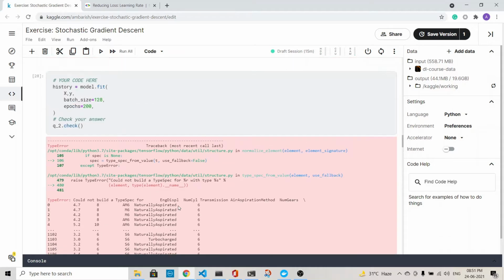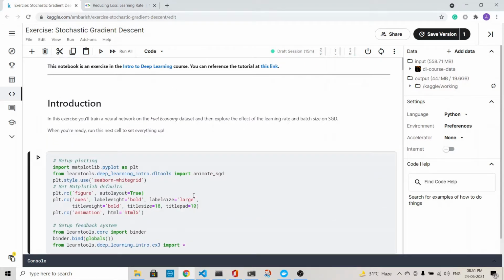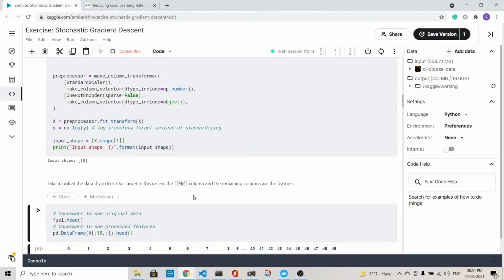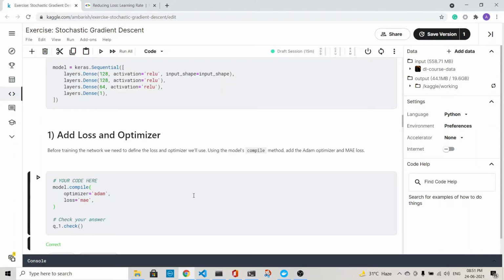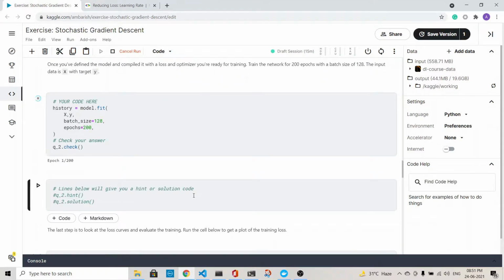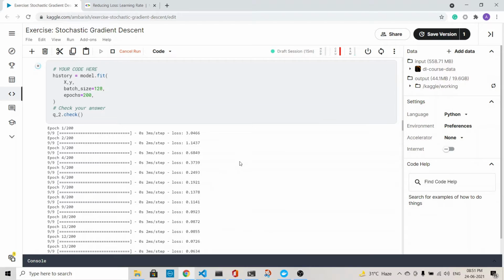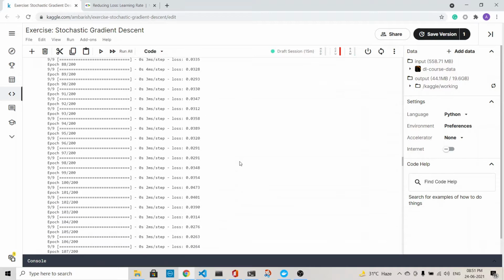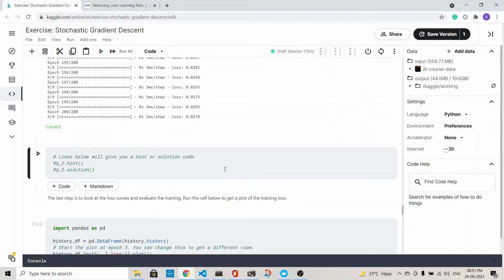Okay, so let's try it again. Okay, the model is training, and this is what you're getting is a training loss.